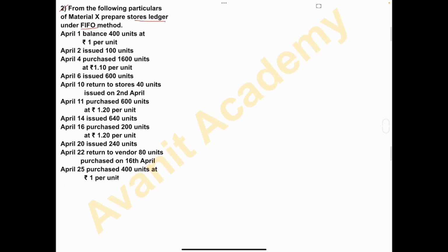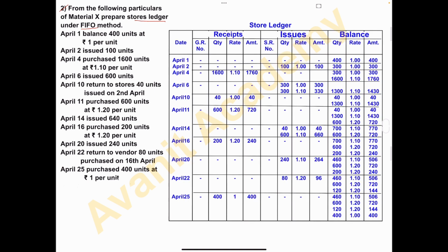Let's start the solution. Heading store ledger, and the columns are date, receipts, in that GR number, quantity, rate, amount, issues, SR number, quantity, rate, amount, and the last column is balance, in that quantity, rate, amount. See the first transaction,